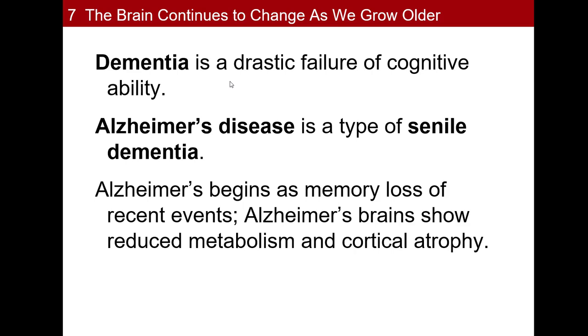Now, dementia can be caused by a variety of different things. When you see the term senile dementia, that means it's dementia caused by old age, right? But there are other types of dementia as well. Sometimes cardiovascular issues can cause dementia. If you're not getting enough oxygen to your brain, then that can cause a person to lose cognitive abilities. And if you're able to treat that relatively quickly, then those abilities may come back. On the other hand, with senile dementia, as a person gets older, we don't really have great treatment options for helping the individual get back here.